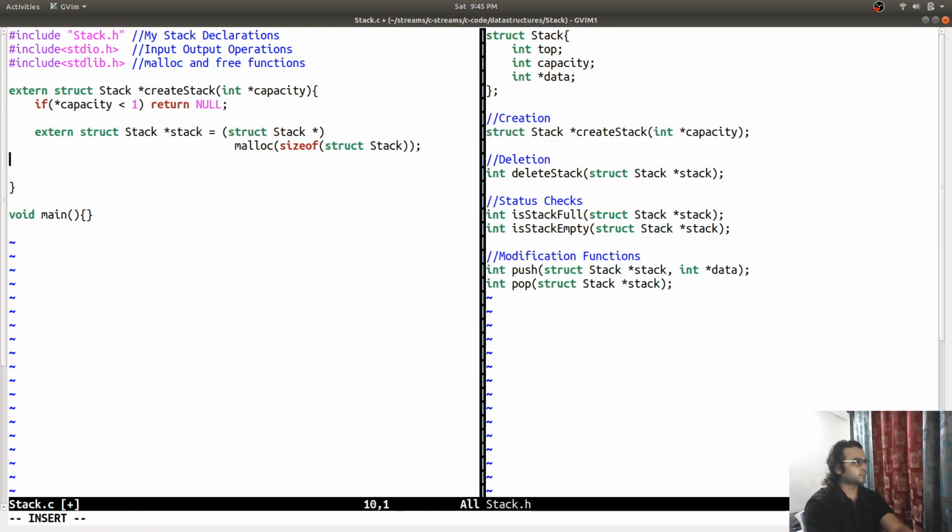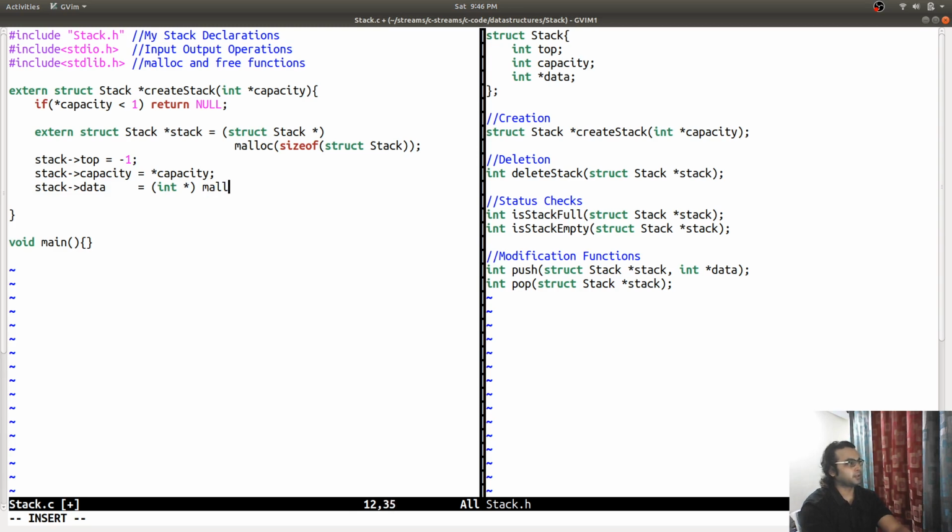Then we are going to put values in it: stack top is equal to -1, stack capacity is equal to capacity, and stack data is equal to an integer pointer, memory allocation of size of int multiplied by capacity.